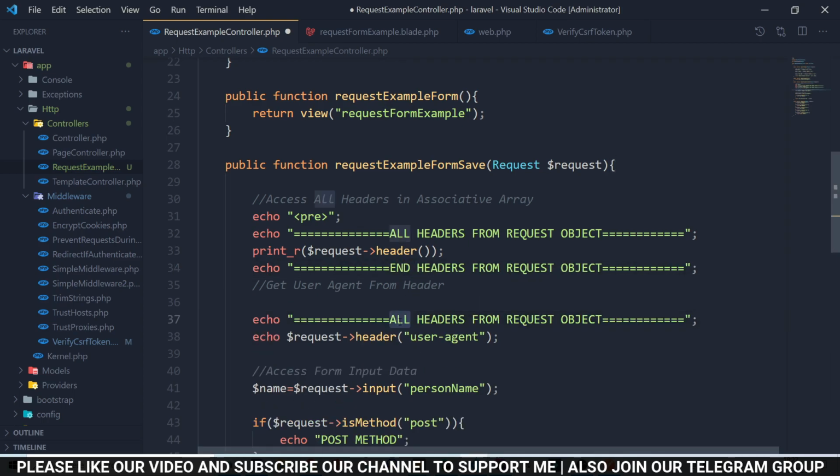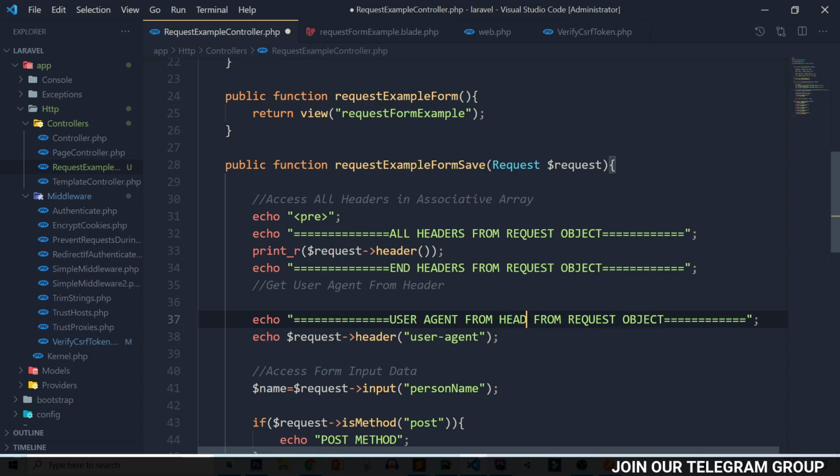Now this time only user agent from header, header from request object,